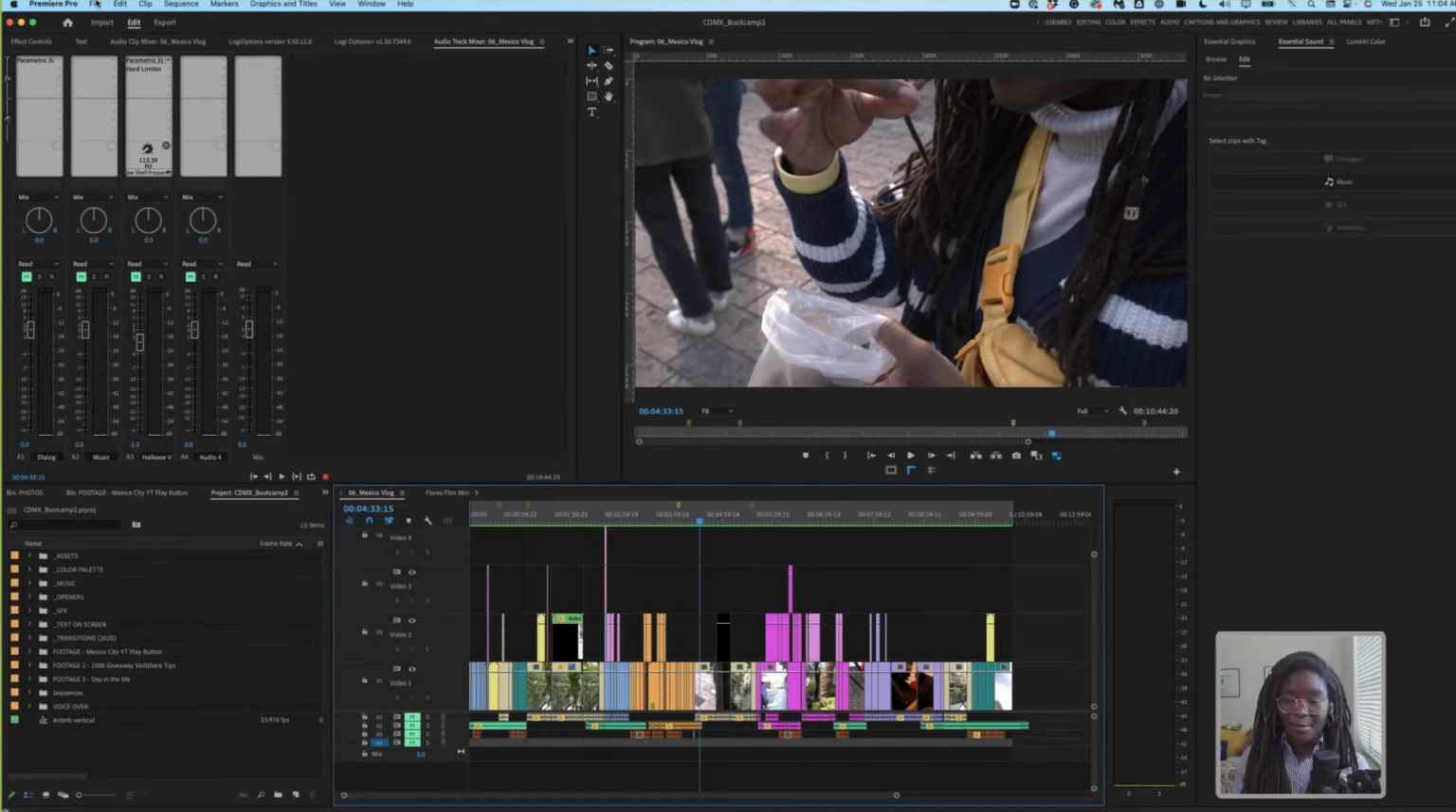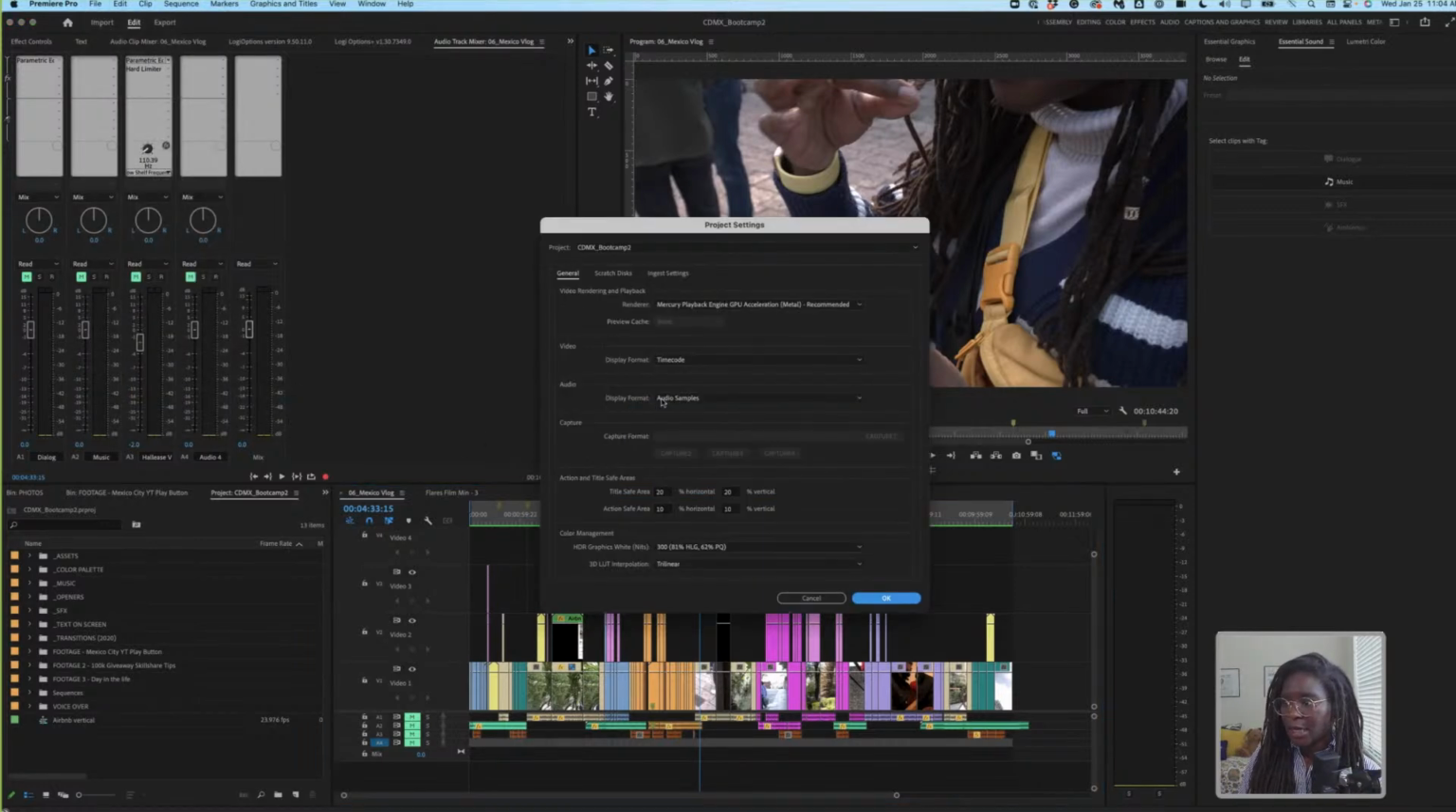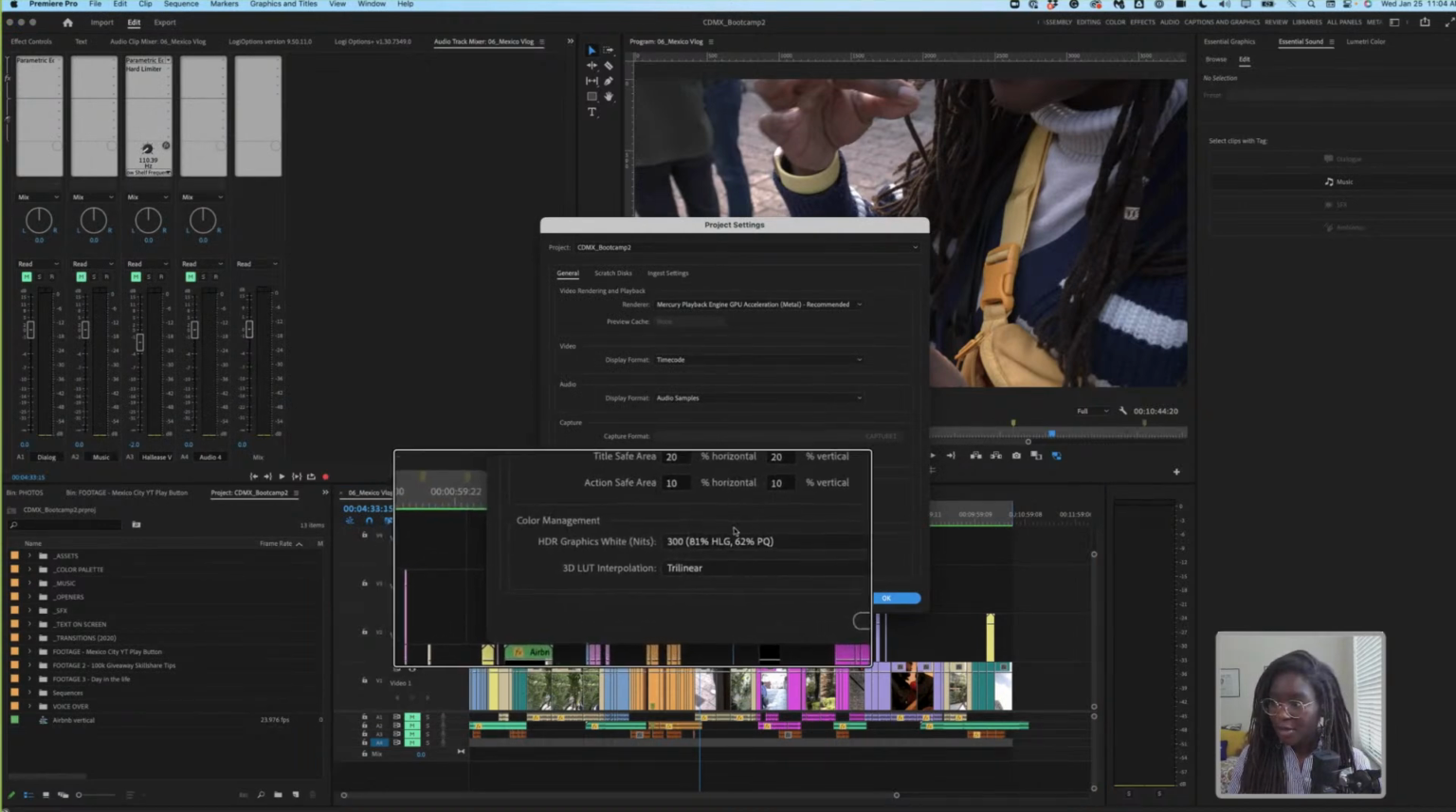Bear with me. I promise the inside baseball I'm about to share is worth it. The first way, though, is what I think I showed y'all on the first day: project settings, file, and then general. And when we go here, color management, right here, you'll notice mine is set to 300, 81% HLG, 62%